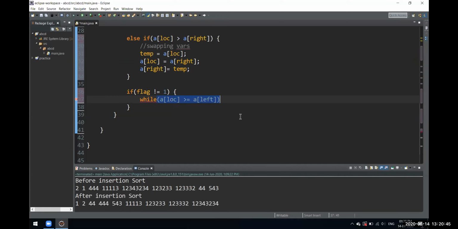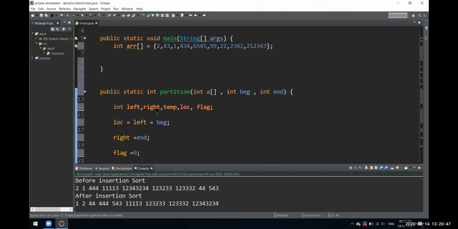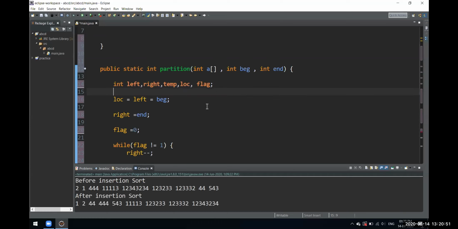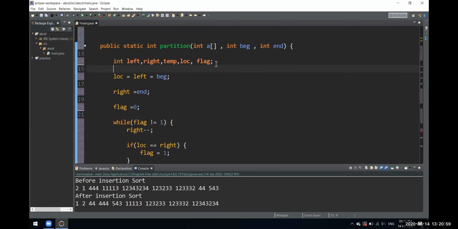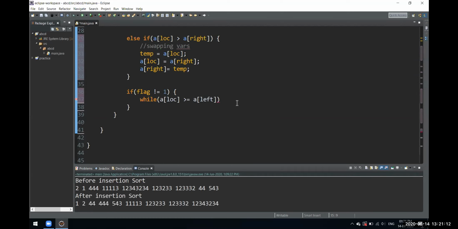Variables instead of LOC and flag. LOC and flag are variables only. These are just integer variables. See, I declared them over here. These are just variables for reference, which I declared. They are not anything different. They are just variables defined by me. If you don't want it to be flag or LOC, you can name it anything. It's our choice completely.